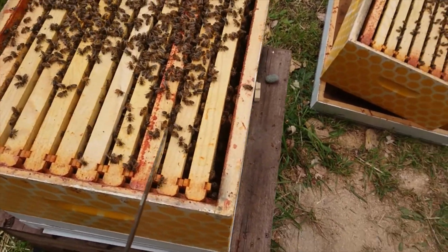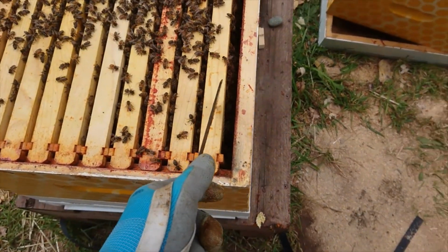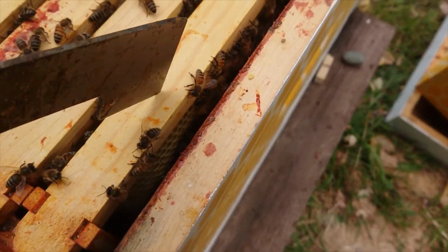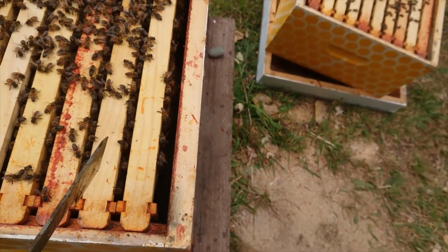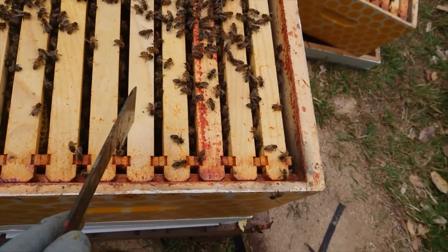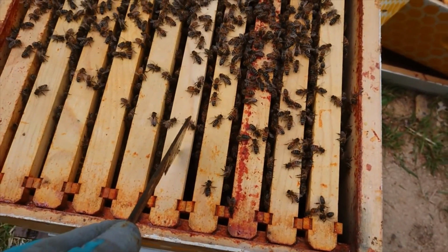Well, this is a frame that isn't drawn out really. It's got a bit of brood down at the top there, and then it's got 3 frames with brood. 1, 2, 3, and then this is foundation. This is black plastic, and they haven't been doing anything on that really, but it's